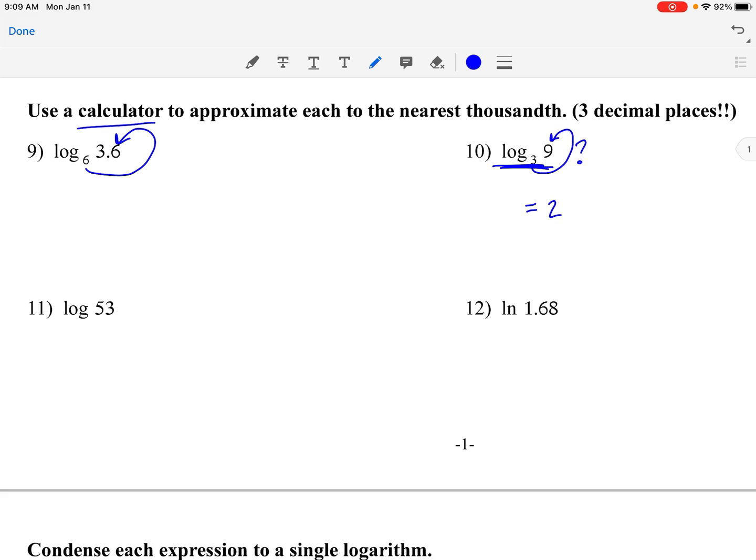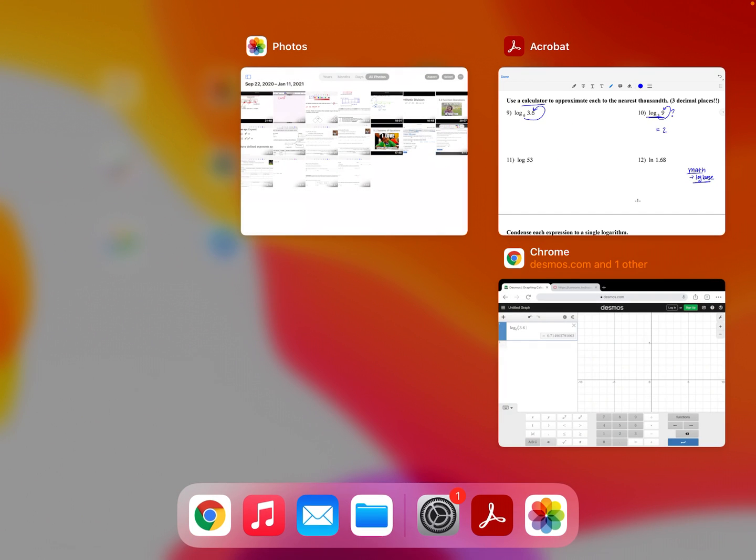don't forget that on the calculators we have in the classroom, on our TI-84s, you have to go to the math button, which is on the left. So you go to math, and then you scroll down until you see log base. And once you choose log base, that will allow you to plug in whatever base that you want. The only buttons that we have on our calculator for logarithm are log base 10 and natural log buttons, but you have to go to math and go to log base if you want any other base than 10. So you go to math, you go to log base, and then you can type in what